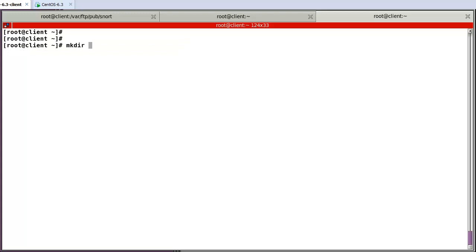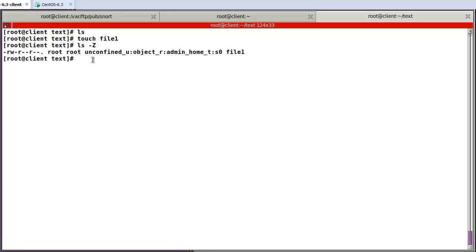Okay, for the testing, I will create the directory. Here, for example, touch file on jet. Then we can see this kind of context, the admin home, like this. So here, let's